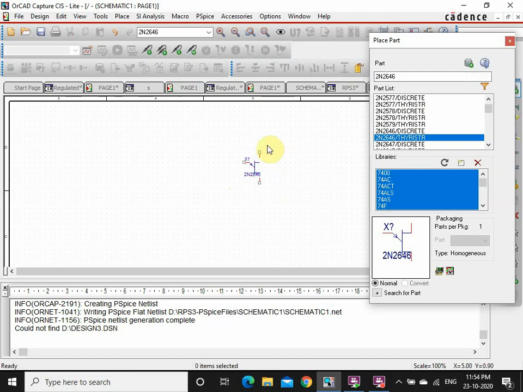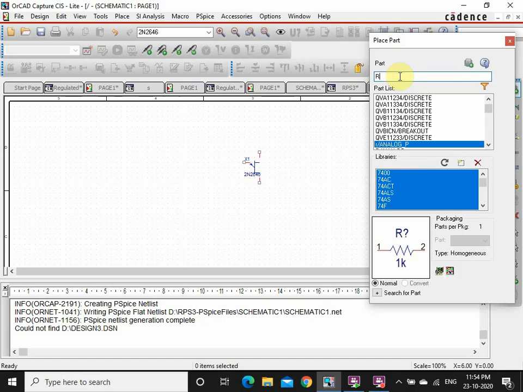So next, we have to place 2 resistors there. So we'll go for your resistance. So R, resistance R, I'm going to take. Take the resistance, rotate it, place one resistance at one base terminal and the other resistance at the other base terminal, and one more resistance you place at this base terminal there. Once you place it, escape. Now we have placed 3 resistances.